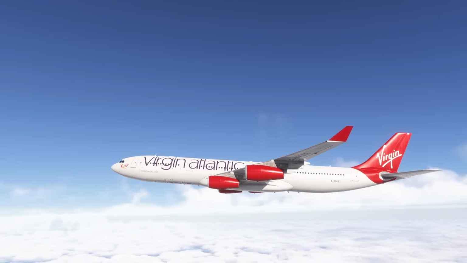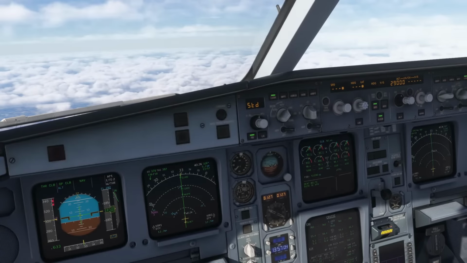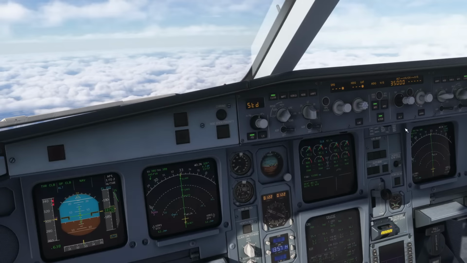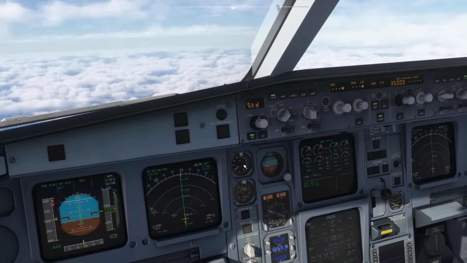Virgin 073, climb flight level 350. Climbing flight level 350, Virgin 073. Ryanair Kilo Bravo, London Control identified, greetings. London Control, Ryanair Kilo Bravo, flight level